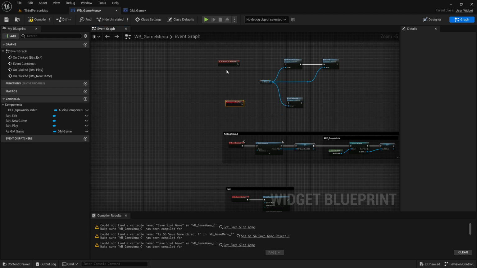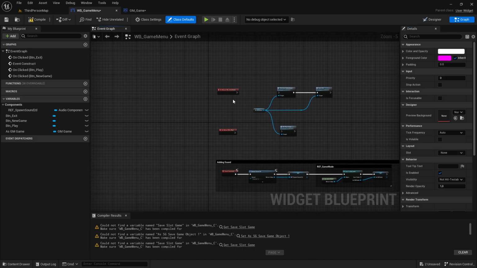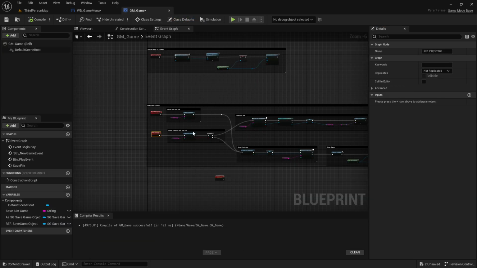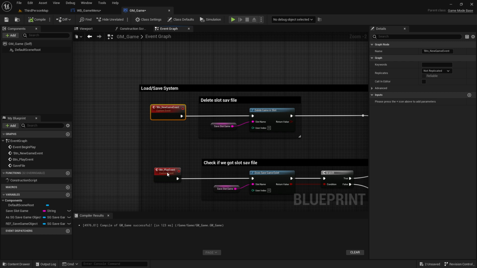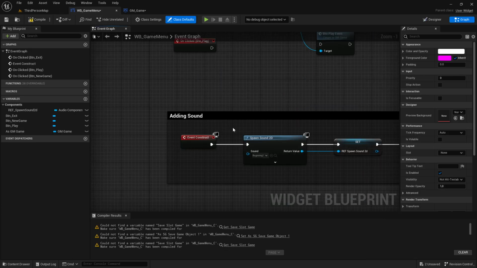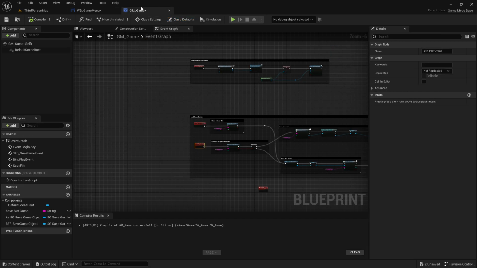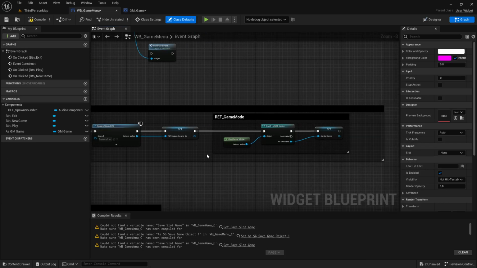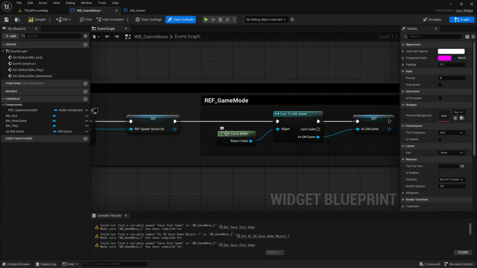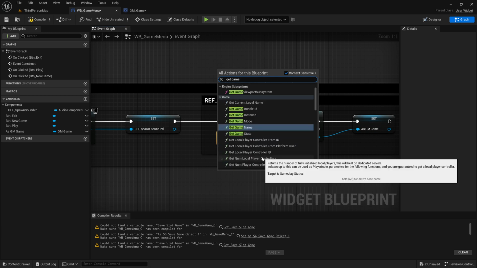We are still in this widget and we still click here in the designer, new game or exit. These are these buttons, and these buttons must now call these custom events here. So how do we do this? Very easy. First of all, we go to event construct because we have no event begin play here, and we need a reference to the game mode. And one way, not the best way, is just right click and use get game mode,